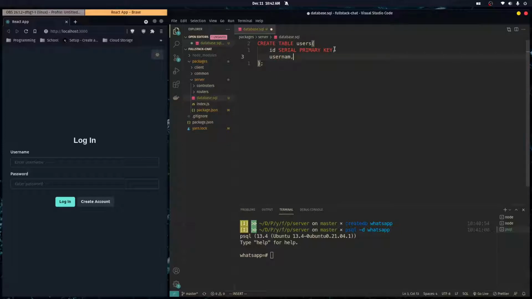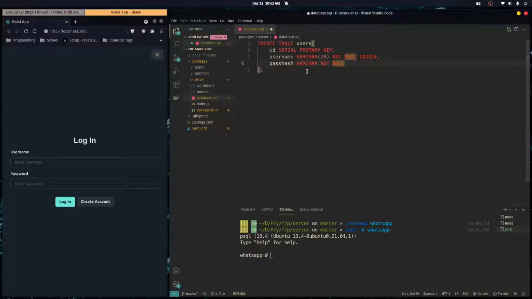So we also want another column called username, and we're going to set this to be a varchar, and the maximum length for usernames was 28. And then we want to set this to not null and unique. So basically to make an account here, you need a username, and it has to be a unique username. Two users cannot have the same username. And you also want to add a column called pass_hash, which I'm calling that, but it stands for password hashed. So our hashed password will be stored here, and it's just going to be a varchar and not null,